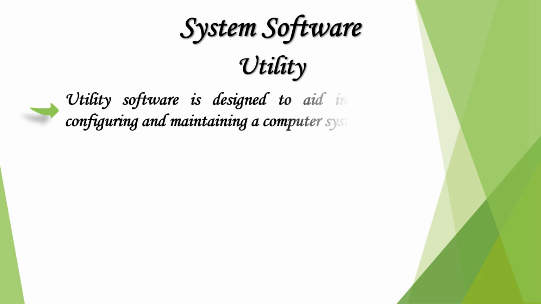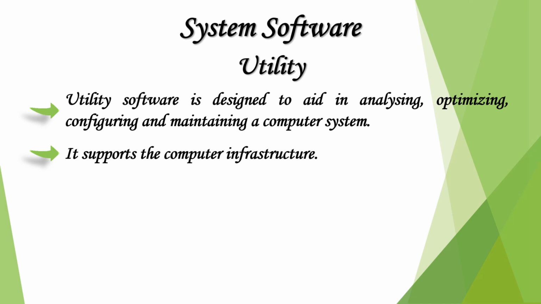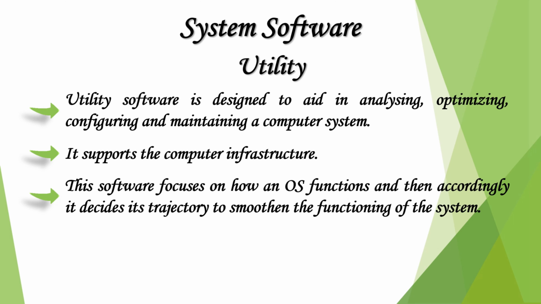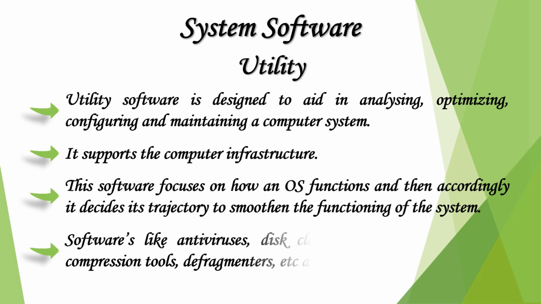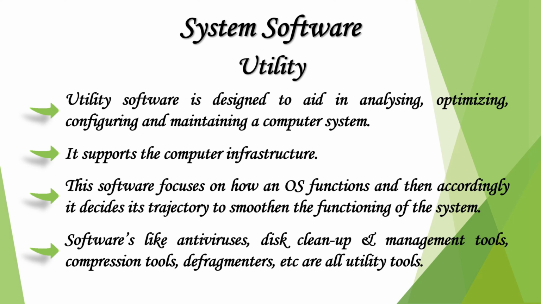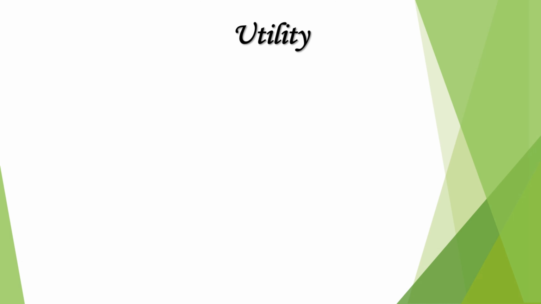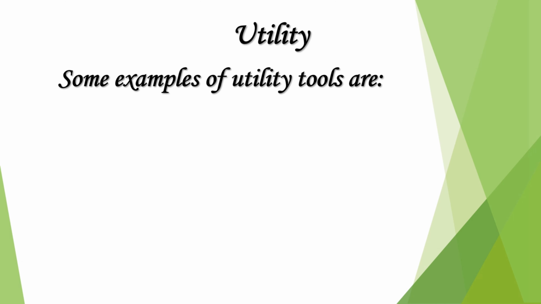Utility. Utility software is designed to aid in analyzing, optimizing, configuring and maintaining a computer system. It supports the computer infrastructure. This software focuses on how an OS functions and then accordingly it decides its trajectory to smoothen the functioning of the system. Software like antiviruses, disk cleanup and management tools, compression tools, defragmenters, etc. are all utility tools. Some examples of utility tools are